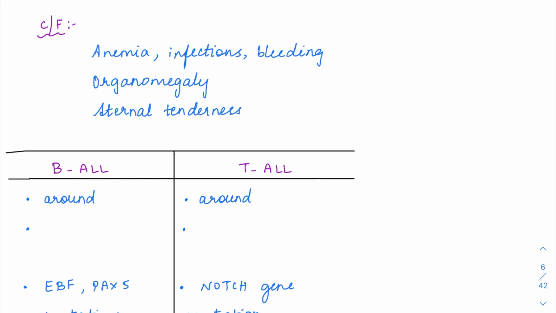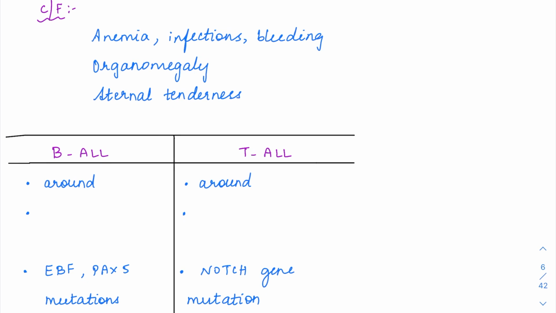When the proper WBCs are not there, it is going to result in infections. Without megakaryocytes, platelets are not formed, resulting in bleeding. Then there can be organomegaly. Then sternal tenderness, specifically in ALL, because the bone marrow is